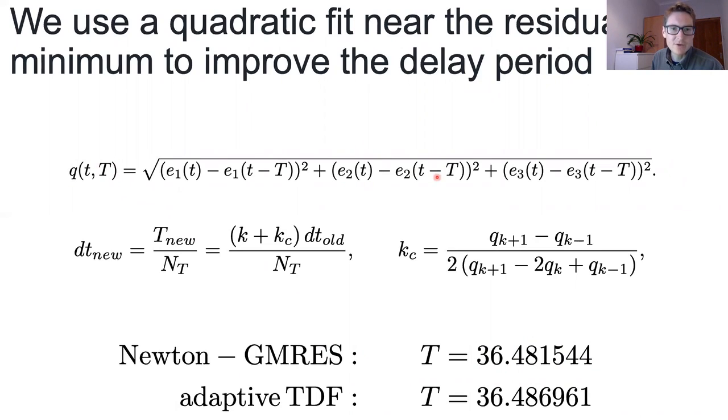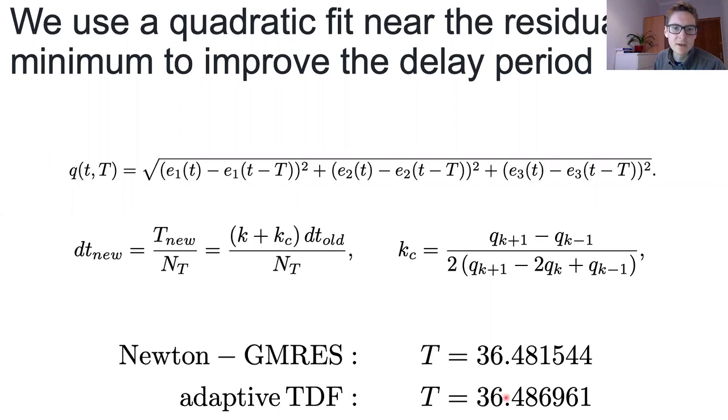So I have some reduced measure of the size of the delay term. I don't want to go into too much detail on this. I basically do a quadratic fit. I find the minimum of the residual using a quadratic fit around time steps, and in that way I keep the number of time steps in the delay period fixed, but I update the size of the time step based on trying to find a minimum of this residual measure. And obviously I restrict myself so that I don't end up wandering too far from